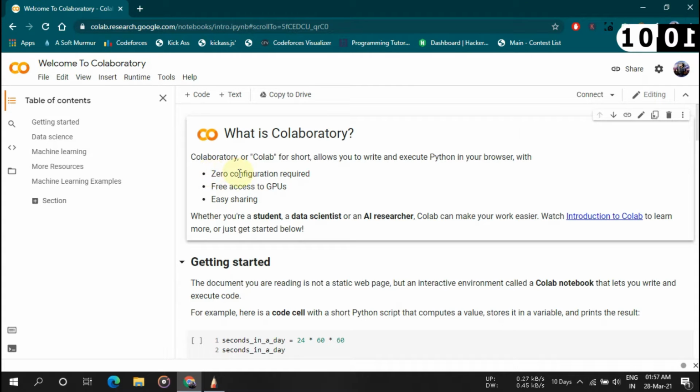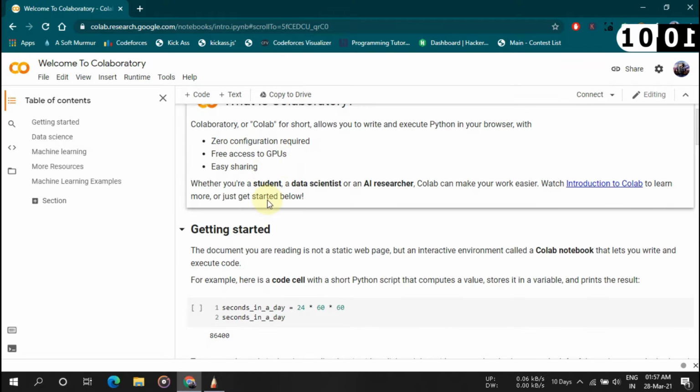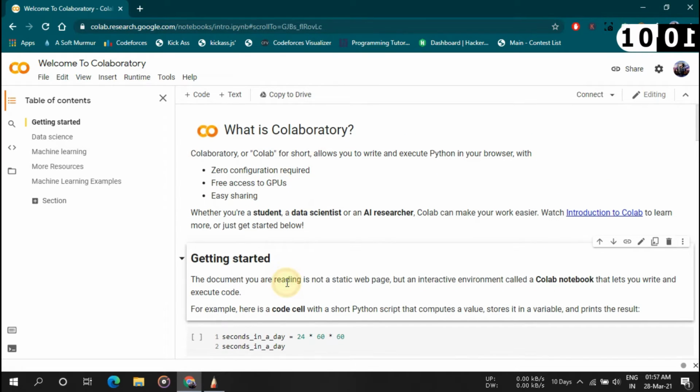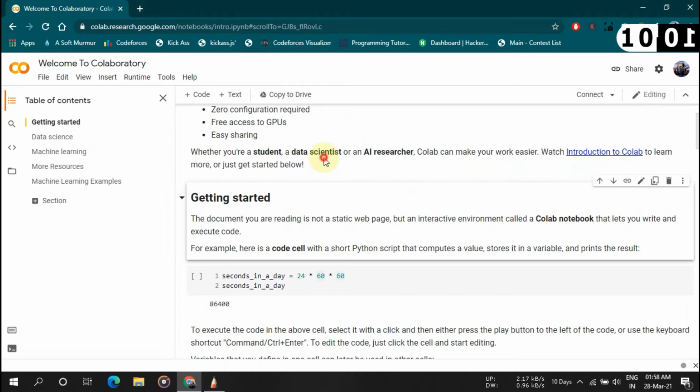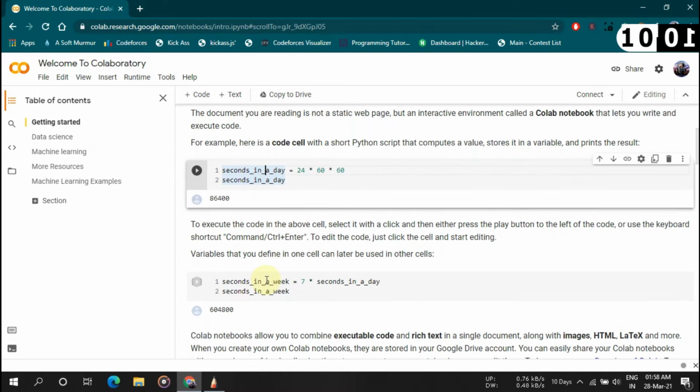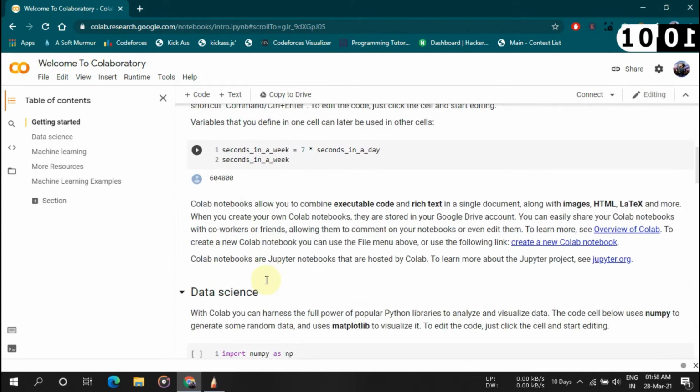So you have cells, you can use those cells to write your programs or even write your documentation. Here you can see it works very similar to this. This is one cell and here this is another. These are the text cells, you can say markdown, and then there is the coding cell. So two types of cells are there.